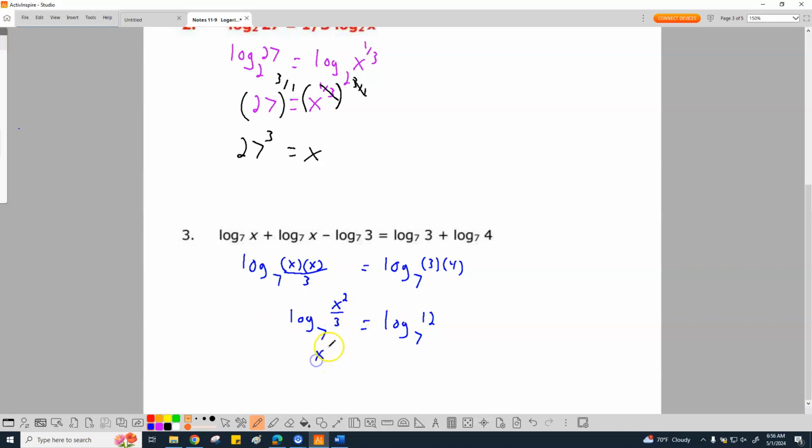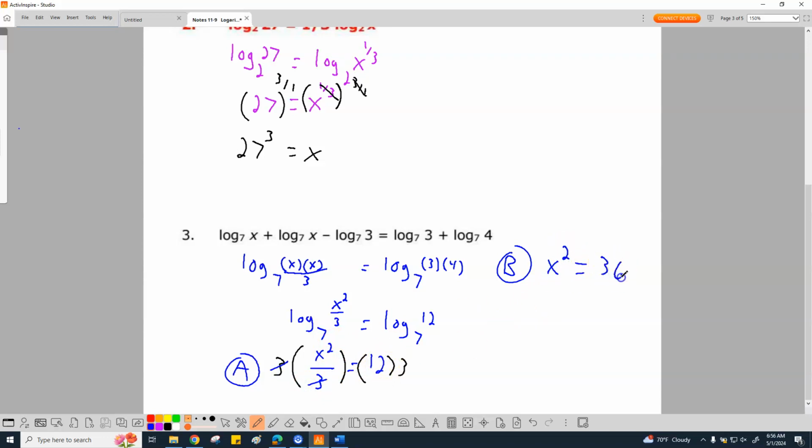So now I can set these equal to each other. X squared divided by 3 equals 12. I'm basically running out of room. That's always fun. How do I get rid of this 3? This says x squared divided by 3. We do the opposites. So we're going to multiply by 3 on both sides. And then I'm going to have to use more space. So I'm going to say this is spot A. I'm going to take us to spot B. When I multiply this out, this will cancel out, and I'll end up with x squared equals 12 times 3